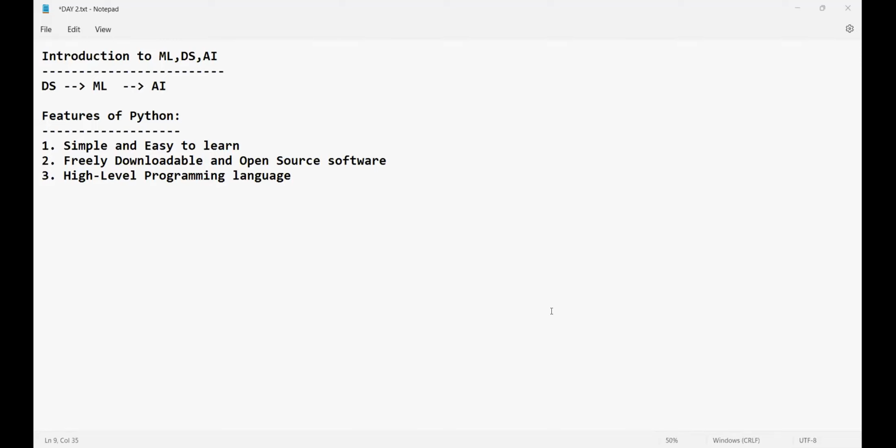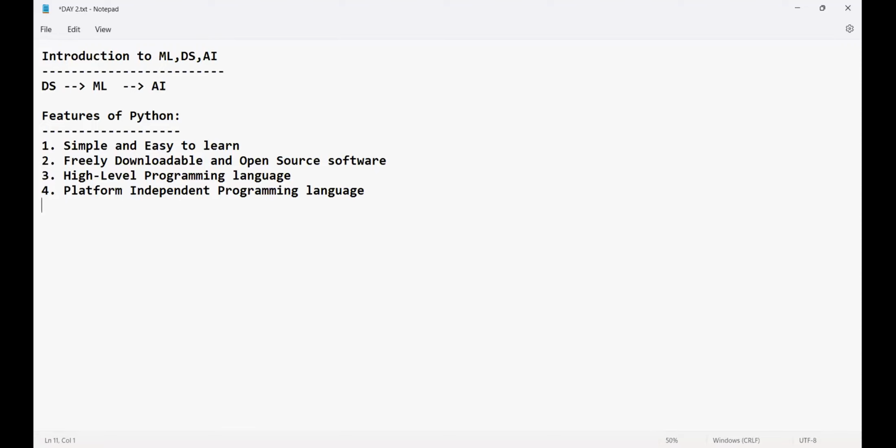Will that be fine for everyone? I'll explain what is platform dependent, what is platform independent, and why Python is platform independent also I will tell you. Is that clear? Please don't think I'll not explain. 100% I'll take this topic, write the diagram and explain why Python is platform independent. But as of now, you have to be aware that Python is extensively used. That's the reason Python is number one. Python is platform independent. What is platform independent? In the upcoming classes, I'll tell you.